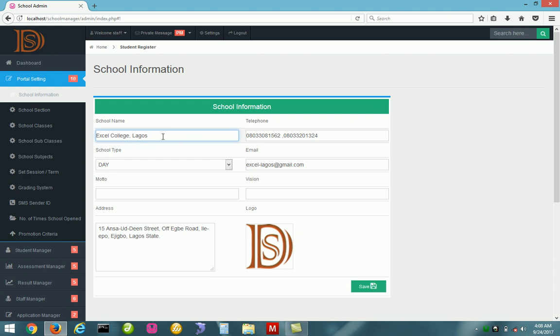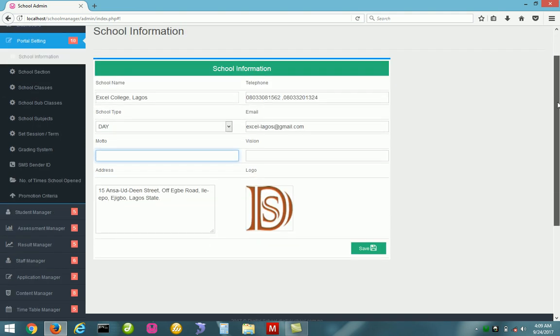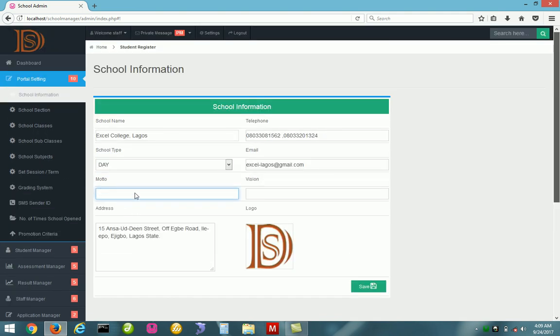Now you have to understand that this information has to be entered correctly, else it will not be displayed on your school's result. Whatever name you enter here, phone number, email address, your school's motto, the logo of the school, these are the things that will show when your result is displayed or in any other document that is generated by this school portal. And so, for example, we put our motto,